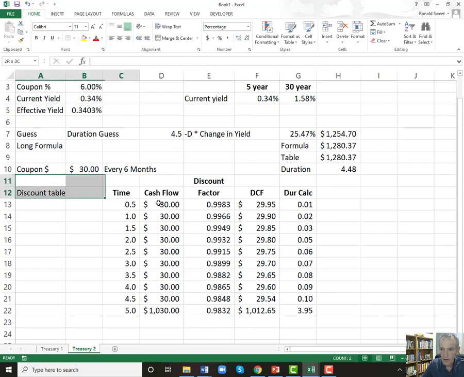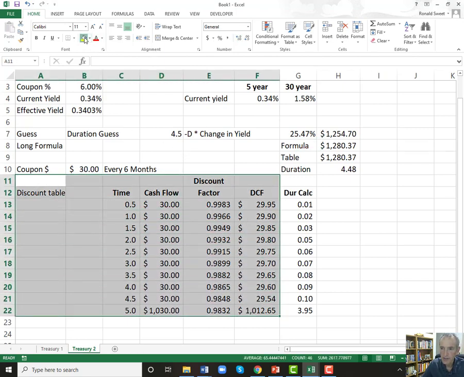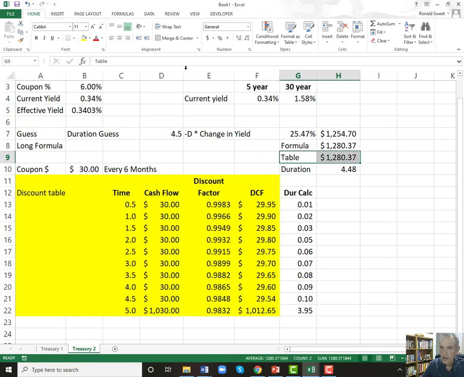The table is the only thing that's required. You have to do this. You don't have to do the duration calc, and you got to give me the price. That's what's required. But I recommend you do everything else. I recommend you do the estimate. First, it gives you more confidence you got the right answer, but it also shows you know how to use